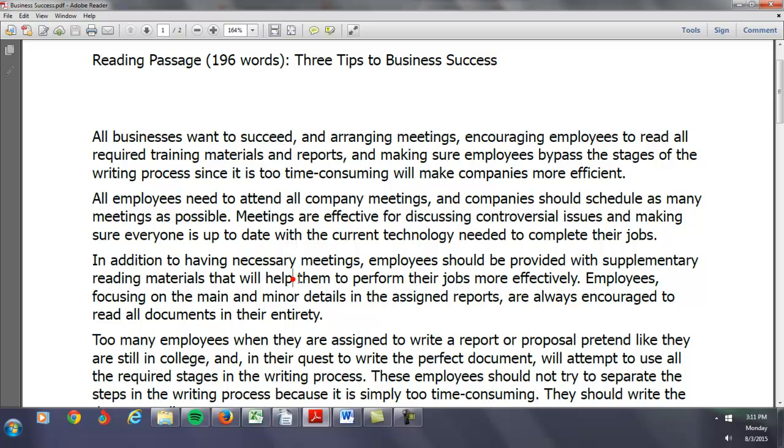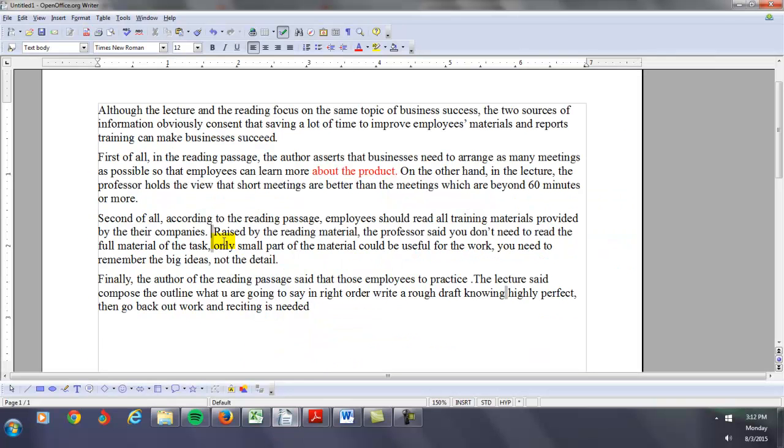So if you said they should read all the materials so that they can perform their jobs more effectively, I would say, okay, that's good. But you didn't quite finish this idea. Now, "raised by the reading material," I wouldn't say that. I would say "in contrast to," you could say,